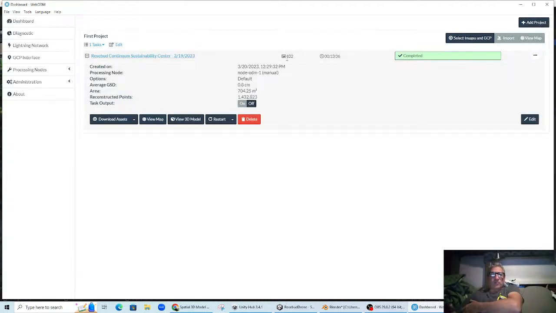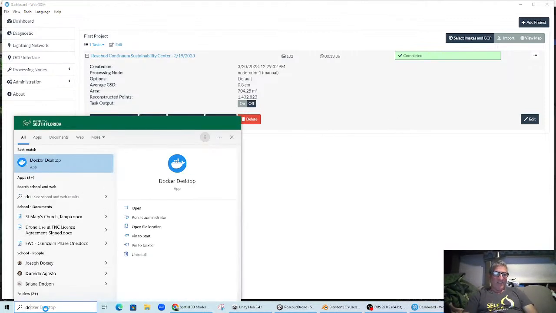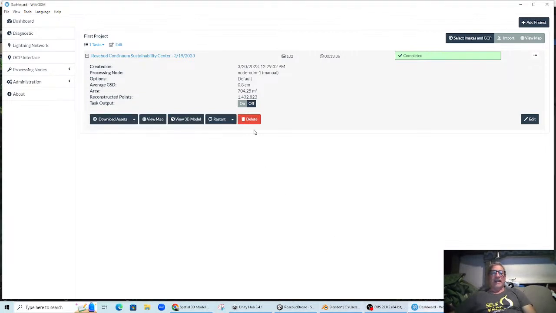Yes, I did. I took 102 pictures, as it shows here in the dashboard of WebODM, which is Open Drone Map. I paid $57 to be able to install this quickly. Otherwise, it could have been done for free, but you have to use this thing called Docker Desktop, and I couldn't figure it out because it has to work with GitHub. And anyway, I was having a heck of a time installing it using the command prompt, and so I just paid the $57 one time. Got this in here, and then you do this download assets, and